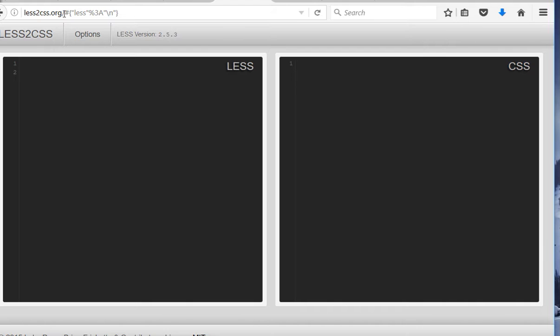So LESS is very simple. It's a CSS file with variables. Yes, we can replace something in a CSS file with variables, and it saves your time. You will not have any typos. For example, the simplest variables. For creating the simplest variables, you just need to use @